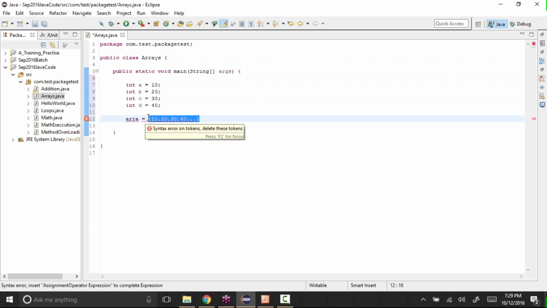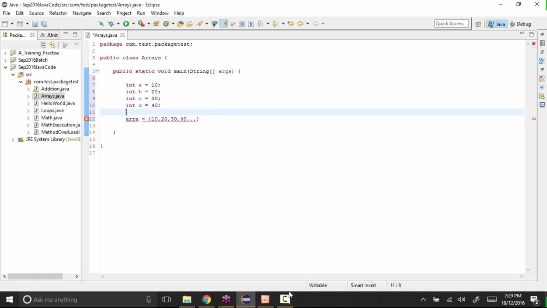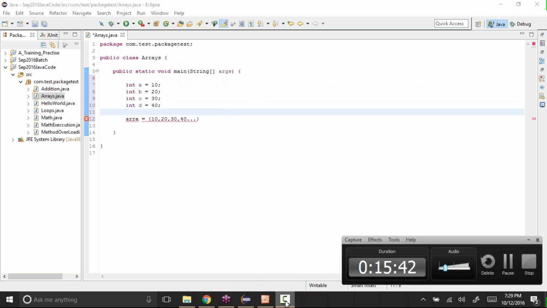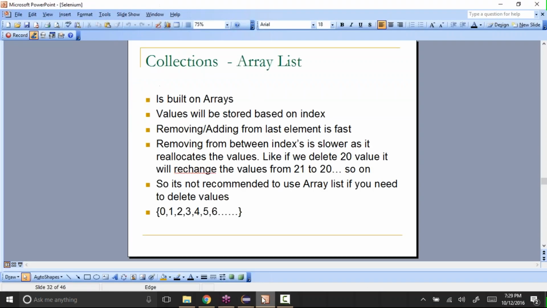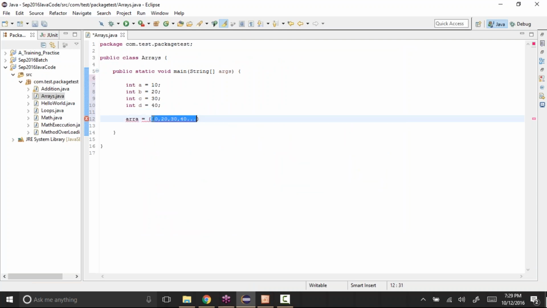That is what is called an array. In arrays itself, we have something called an array list. You can store multiple values into it, and those values will be stored based on index. Array of 0 will have the first value, array of 1 will have the second value, array of 2 will have the third value. Like that, all the values will be stored in the array or the array list.